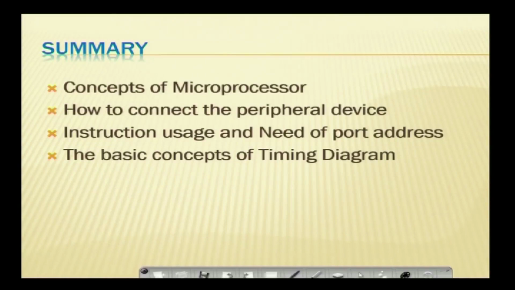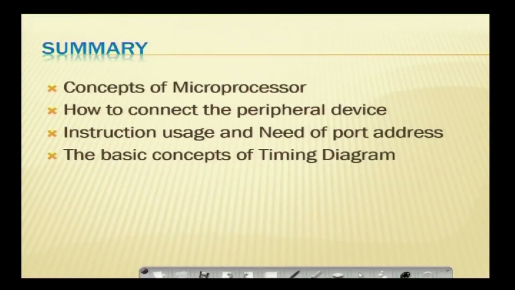So, we will summarize what we have discussed. Before interfacing we have to know the processor concepts, what type of processor, what the data lines are, how many address lines it has. So, we have reviewed the microprocessor, then how to interconnect with the peripheral devices, then what instructions are used for interfacing the processor and IO devices, and the port address, what the length of the port address is, which we have to know before interfacing. Then the timing diagram, which is used to calculate the execution time. So, today we have discussed the concepts of the microprocessor, then IO port addresses, then IO instructions along with the timing diagram.